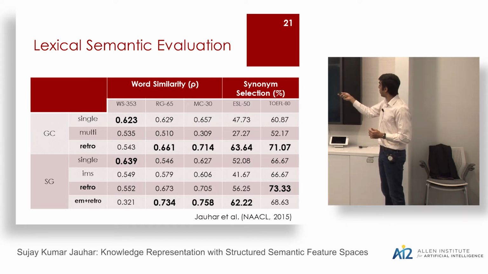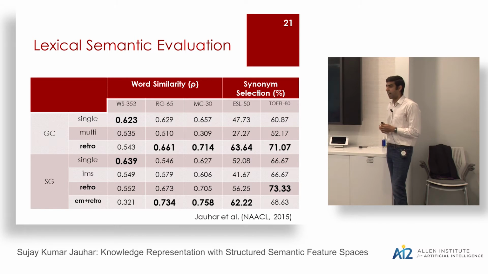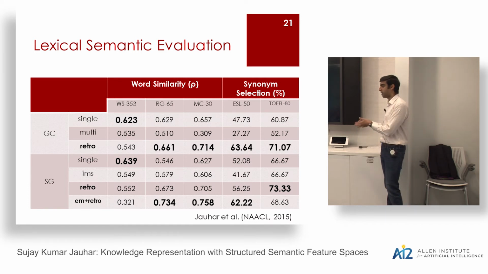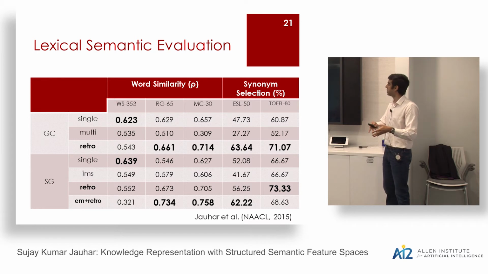The only place where we don't do better than the original is on the WS353 dataset. And we investigated why, and it turns out that this particular dataset has two kinds of word pairs that we're dealing with. We have similar word pairs, and then we have related word pairs. But because we're using WordNet to enforce the structure of an ontology, it turns out WordNet relations that we're using, hypernyms and synonyms, actually reinforce similar words to the detriment of related words that we might learn from corpora.